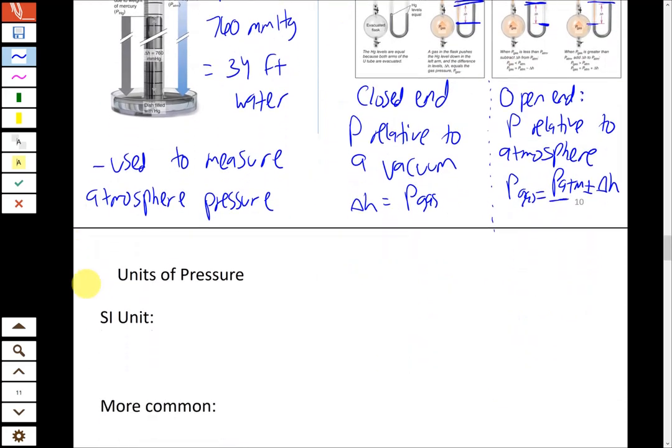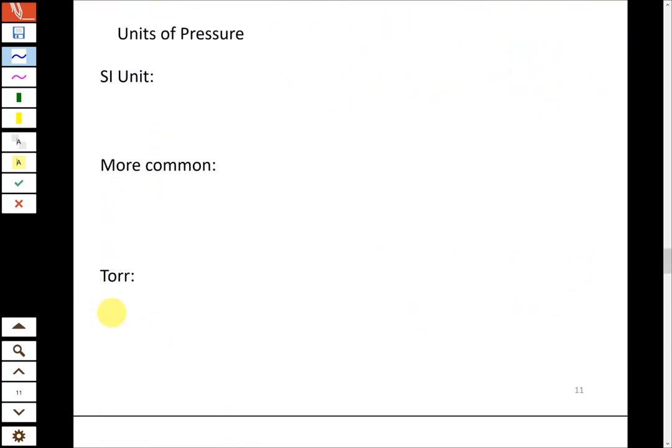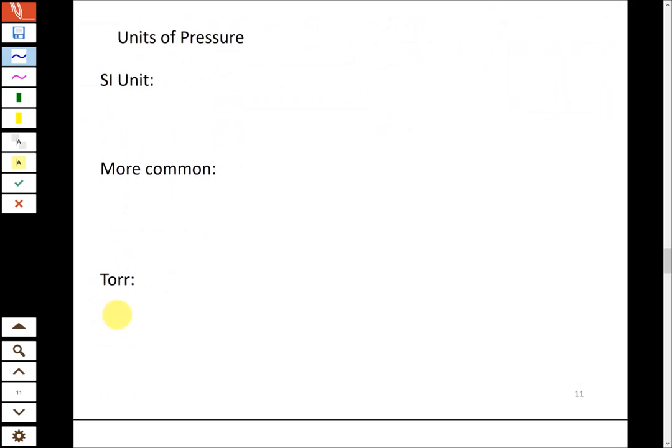All right, now what we do need to be very familiar with, though, are the different units of pressure that we have. So if we were strictly using SI units, the standard Système International units, the French term that I'm not going to try to pronounce in French, but that's what SI stands for, that is going to be called a Pascal. And so 1 Pascal,